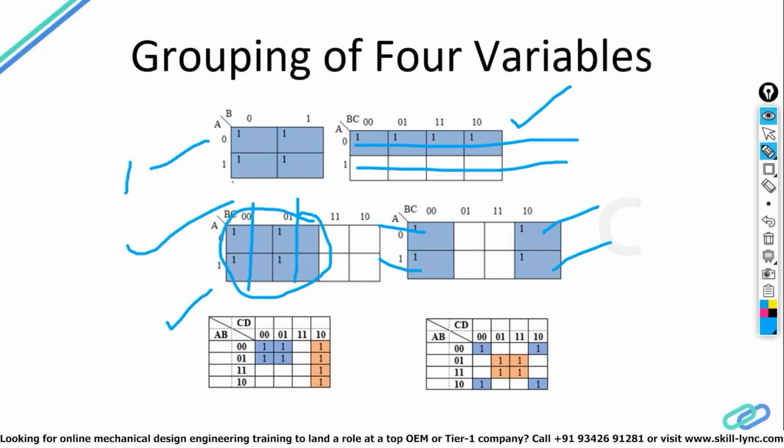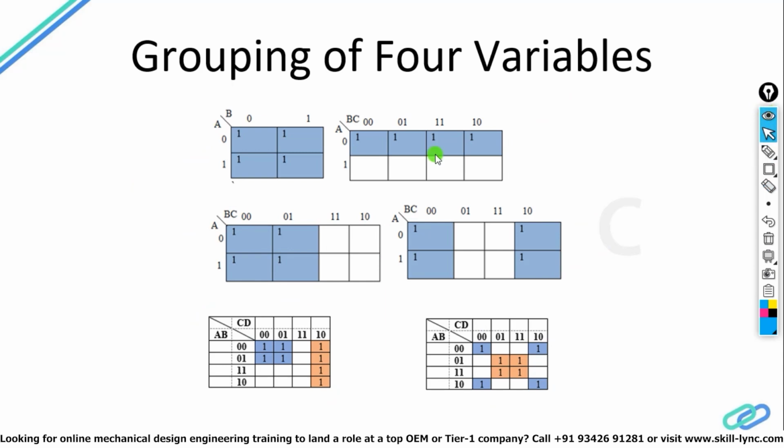Now come to the case of 4 variable K-map. So 4 ones can be placed this way. You can make a pair of these 4s, means they should be adjacently placed. Okay, it should not be the case one is here, one is there. No, it should be placed close to each other, or vertically also. Okay, or this way also, or corner. Okay, these are the corner ones. So this is the placement of ones.